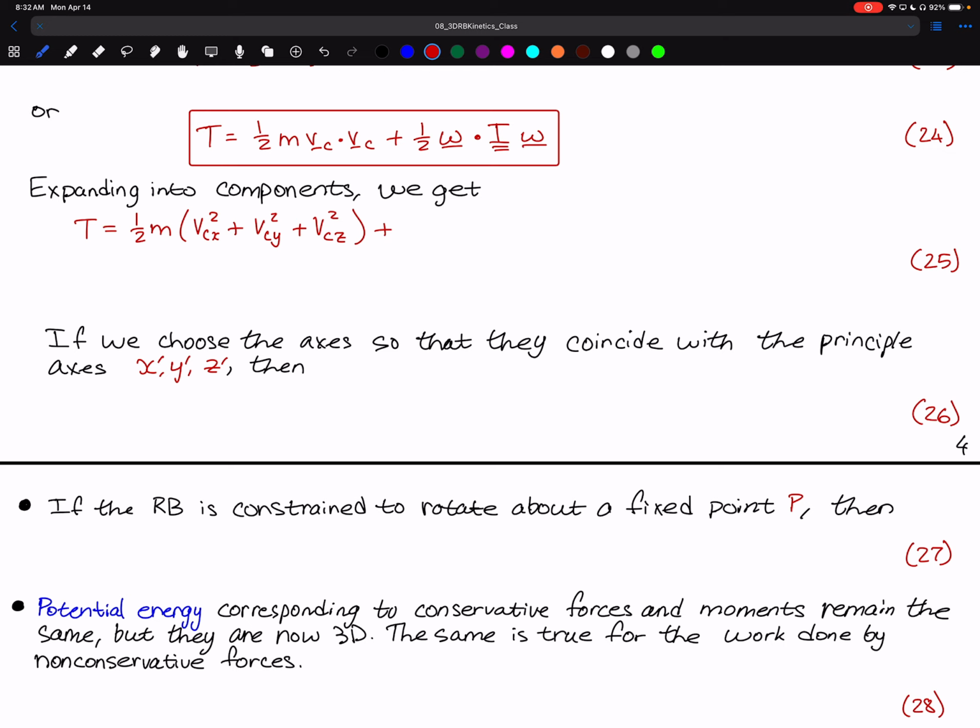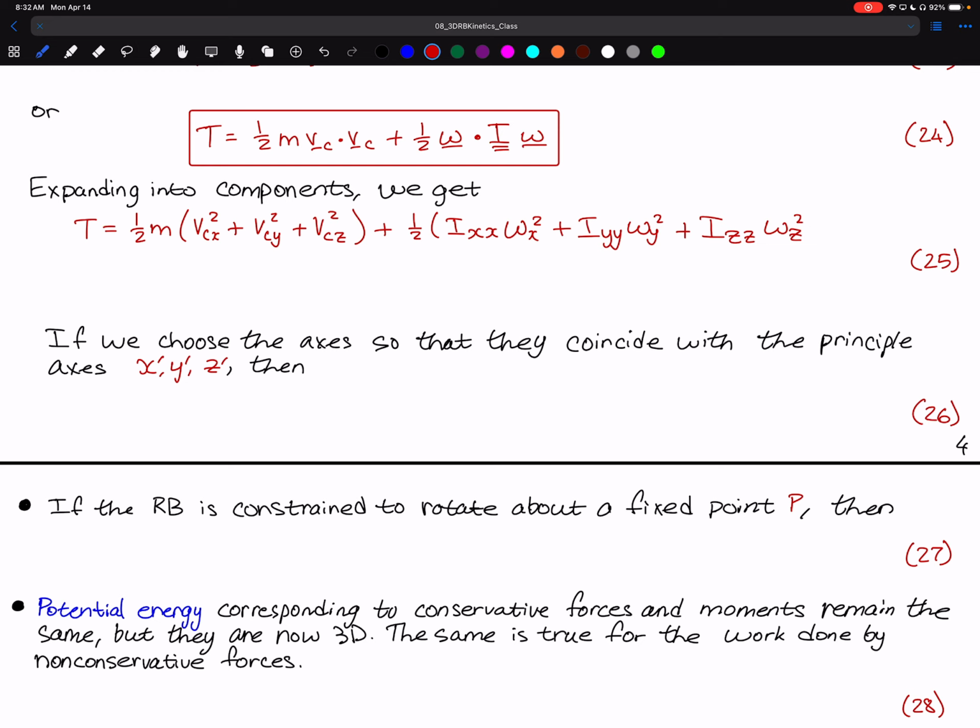The next one is going to include a bunch of extra things that you wouldn't necessarily expect. So we're going to have Ixx times omega x squared plus I sub yy times omega y squared plus I sub zz times omega z squared,